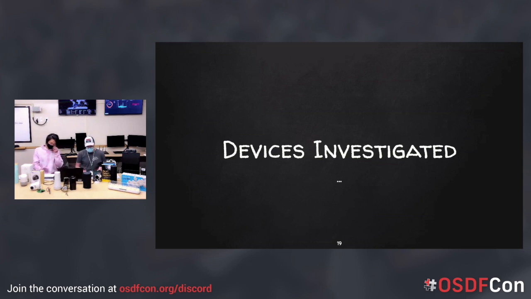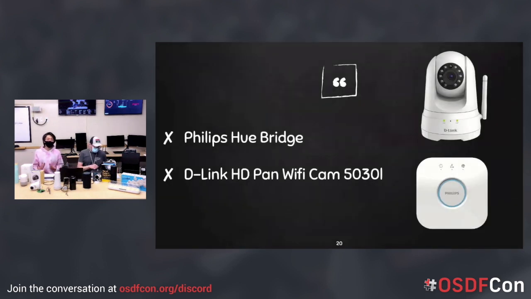So now we're going to go into some of the devices that we investigated. I mentioned before, kind of touched on the camera. Specifically, we're using the D-Link HD pan and tilt camera 5030L. We ended up exploiting this a while back, and we had to go back to it eventually because we did run into a problem with it. But for the most part, that device and the Philips Hue bridge were the ones that we really focused on